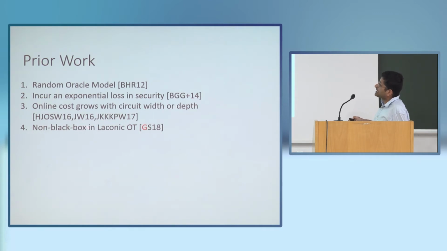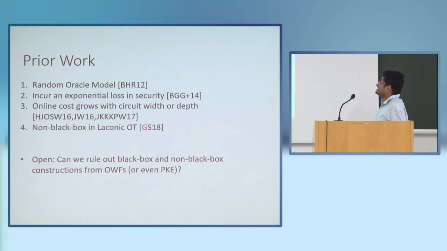And you can also do it in a non-black box way in Laconic OT. I'll define Laconic OT later, since I have another open problem about it, but there's another solution that does it. This primitive itself is non-black box, and it makes a non-black box use of that primitive. So the question I'm interested in here is: can we rule out black box and non-black box constructions from one-way functions? Even though we have constructions in the random oracle model, it seems that if we want to get rid of the random oracle model, we have to make a non-black box use of public key assumptions to get a feasibility result. So ruling out black box constructions from one-way functions should hopefully be easy, but even that